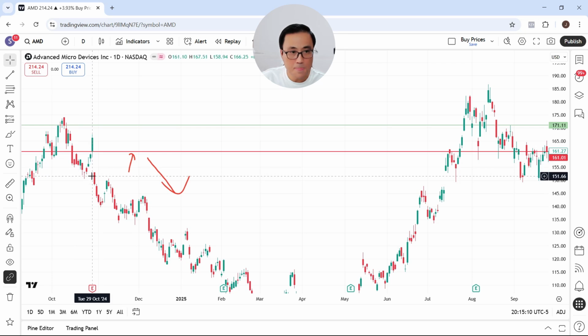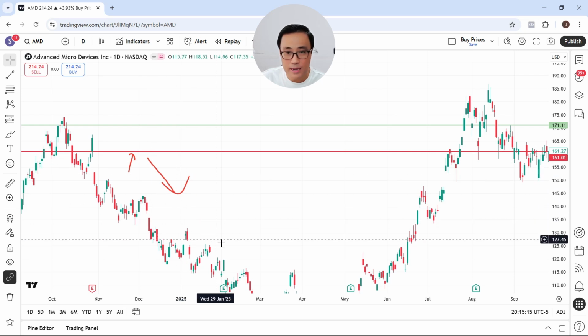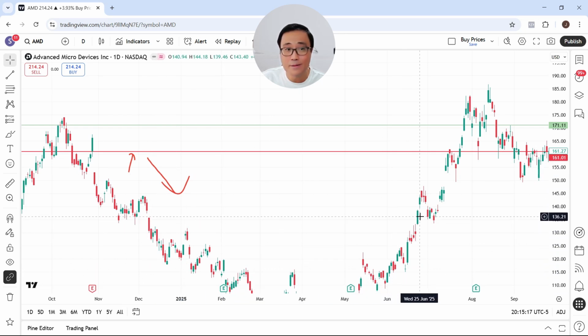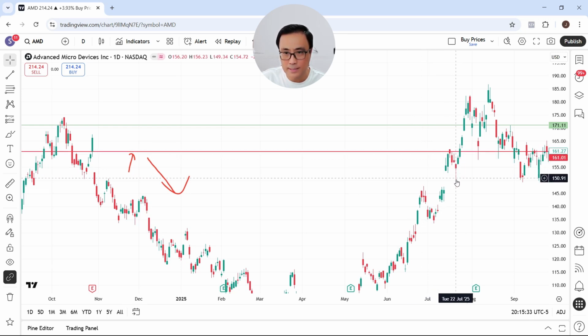And so that was back on October 29th, '24. Price came down. Eventually, it's coming back up to take care of unfinished business here. And you can see it gapped up. It hit there, and there you go. It went up, tested the resistance, gap up level here. It came back down, and eventually, and this happened July 17th, '25, many moons later, it came back to take care of unfinished business. On the first pass, it got rejected, came down,